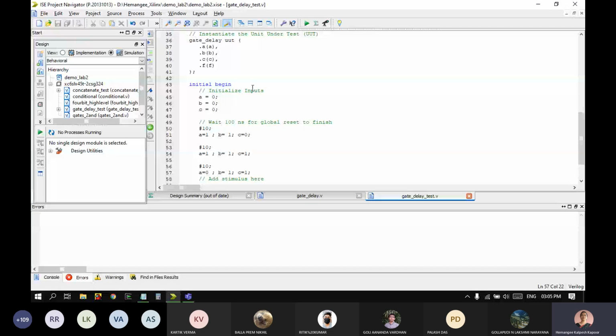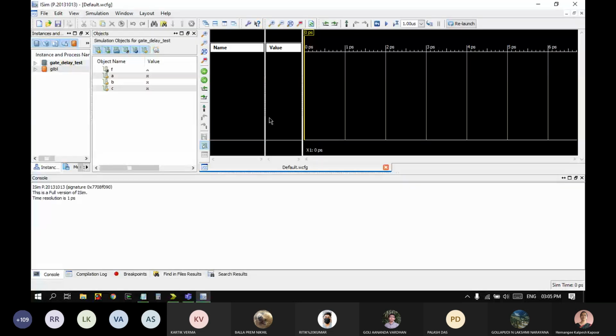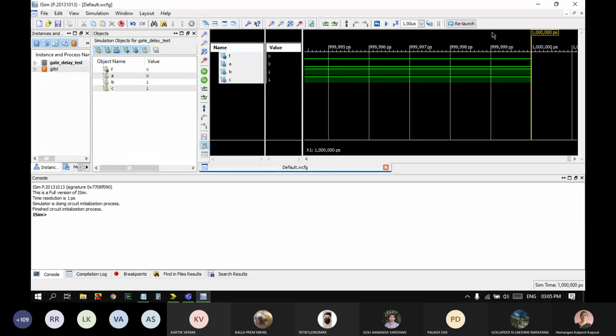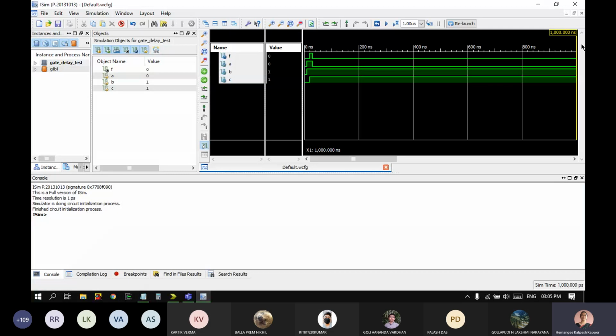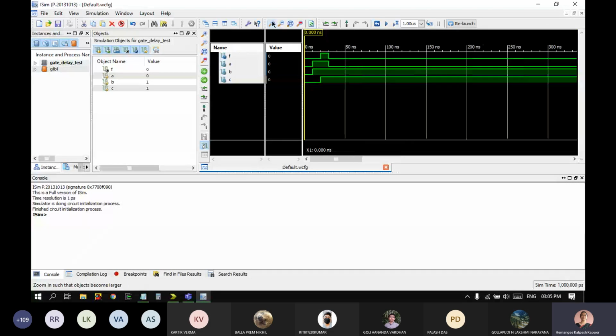And if I do the waveform simulation, you can imagine what would happen. Or let me just show it to you quickly. We'll finish this. Gate delay test, simulate behavioral model. So this is how it's working.